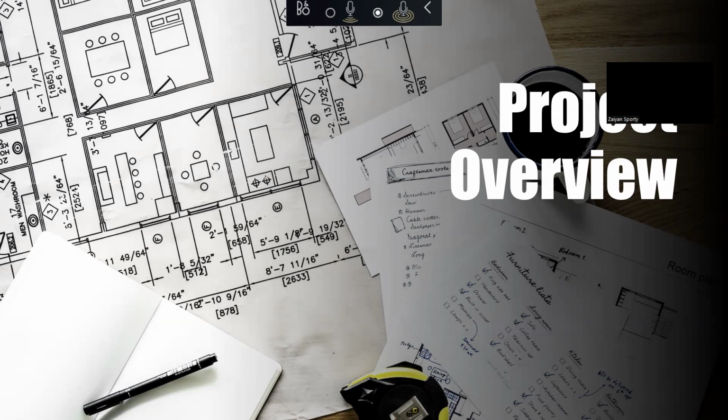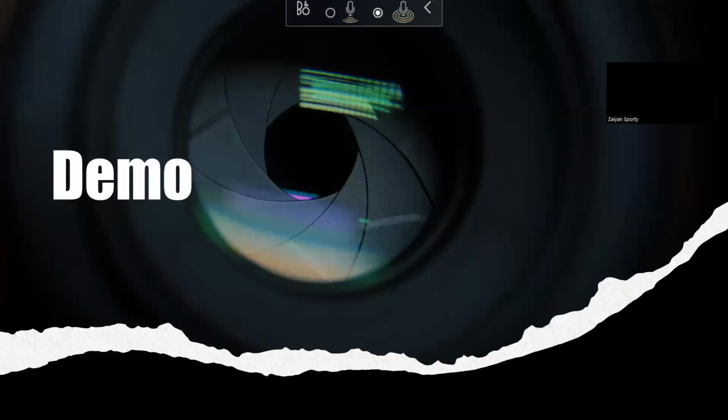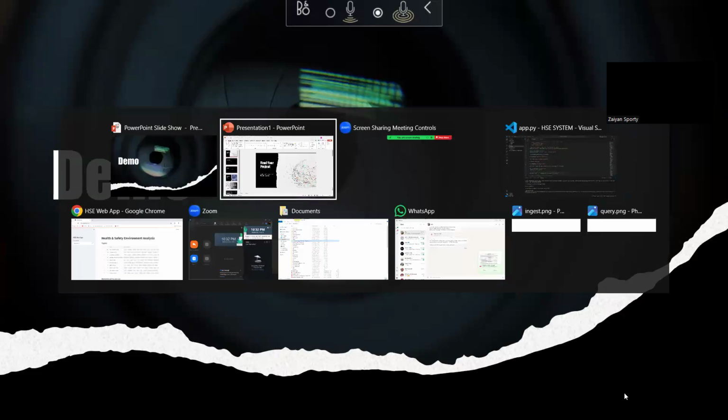These can be extensive reports. For example, as a company executive, I would not have time to go over reports of say 2,000 to 5,000 words. So I can just feed it to our chatbot, and that chatbot can efficiently retrieve all of the information from those reports. So we go on to the demo of our project.